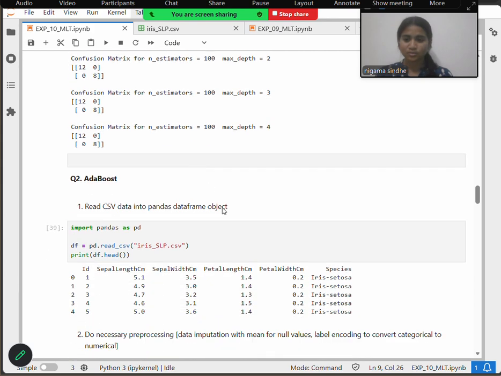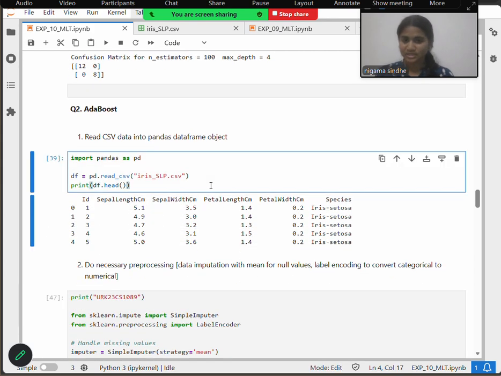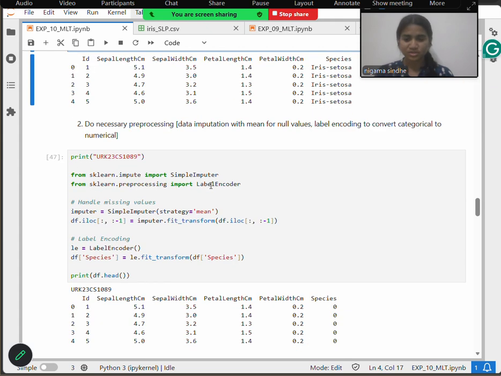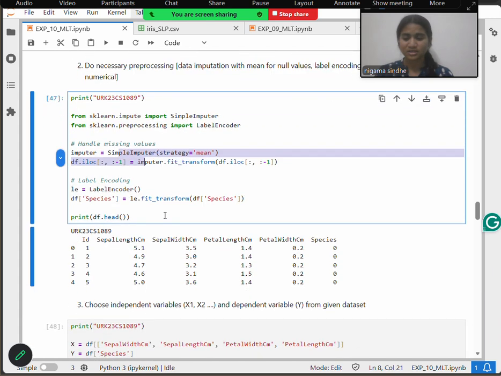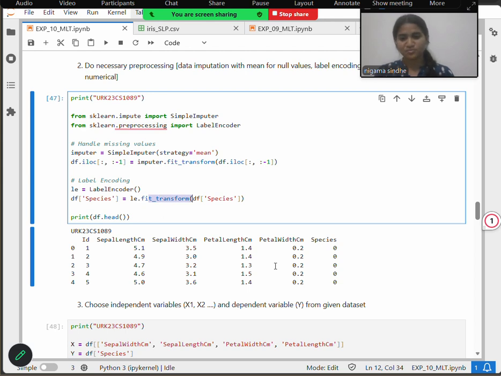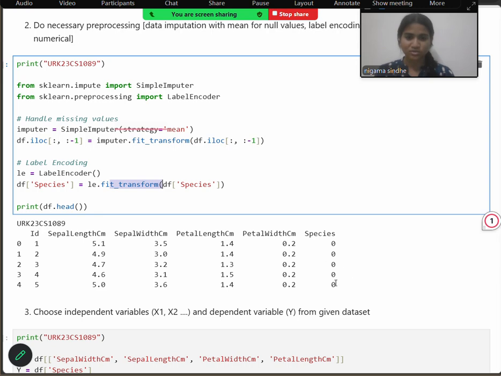Next, looking into AdaBoost, we are going to import the dataset as before and then do the pre-processing techniques using simple imputer and label encoder for standardization. We initialized a new variable, df species, and then fit the transform of the standardized data into the df species. So here we can see 0, 0, 0.